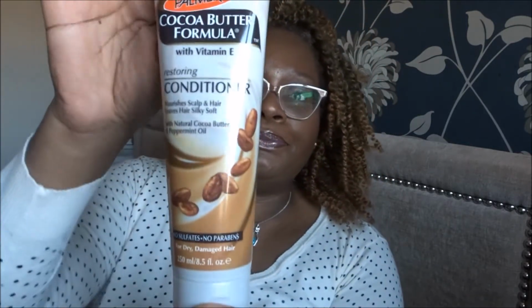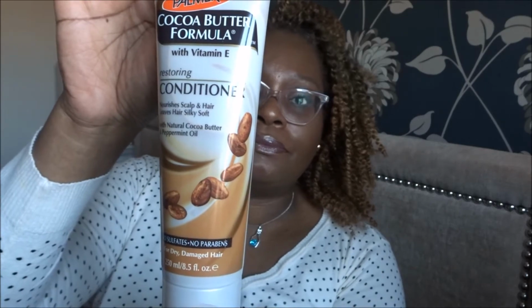Right, step 2, Palmer's Cocoa Butter Formula Restoring Conditioner. Let's find that. That's this one. Yeah, it's got the same smell. It's basically like chocolate mint. You know, like,